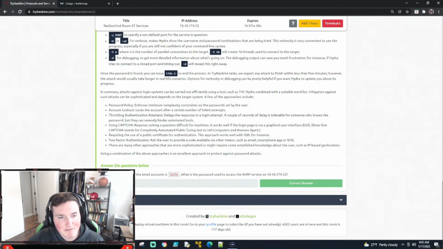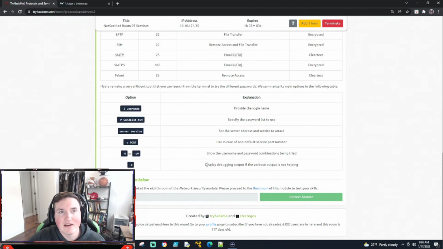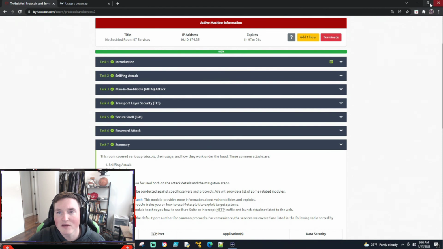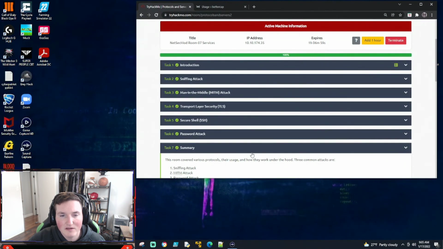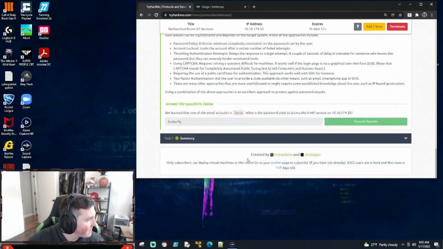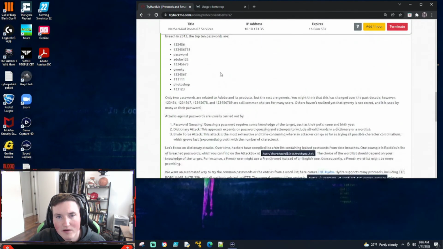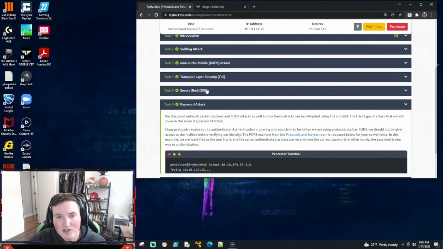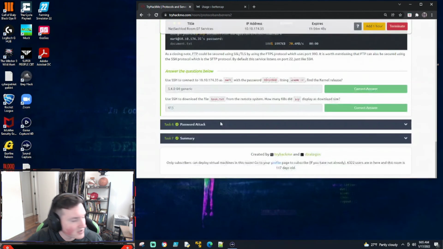I know that you can't see it, but the password is butterfly. All right, and then if we need to, I can do this too so you guys can see. Password butterfly. And then secure shell. There's the 2 if you need them. And you could save it if you want to, guys. Or pause it, excuse me.